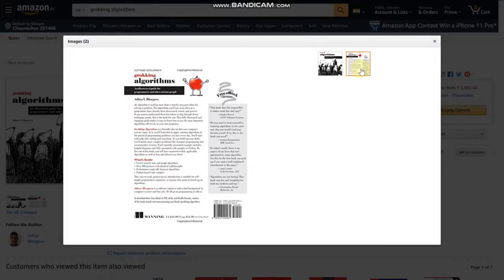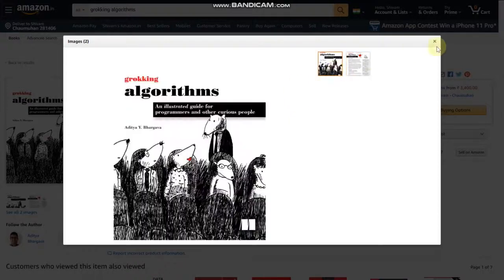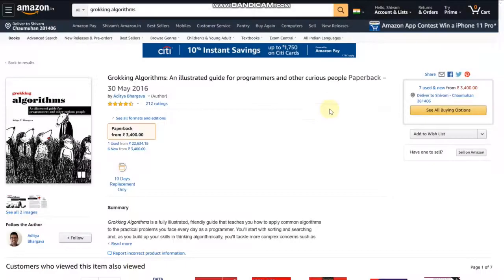Aditya's background in fine arts also makes this book a visual learning resource. You will find so many interesting, to the point diagrams in this book, which help you learn the concepts better and quicker. In short, it is one of the best algorithm books for any beginner programmer. It is Grokking Algorithms. It doesn't cover all the data structures and algorithms, but whatever it covers, it explains well.